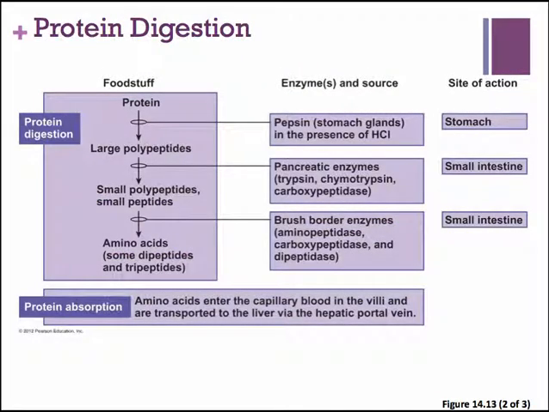Our second category of food that we have are the protein digestion, and so this is going to break down polypeptides into amino acids. And so stomach, we started off with pepsin, so we had pepsinogen, you add hydrochloric acid to that, and now we form pepsin. Pancreatic enzymes, they have trypsin, chymotrypsin, and carboxypeptidases. And those are in your small intestines to break down the proteins. And then also we have brush border enzymes, so carboxypeptidases and dipeptidases. So pepsin, pepsinogen, hydrochloric acid, trypsin and chymotrypsin, those are the ones that you do want to know for your